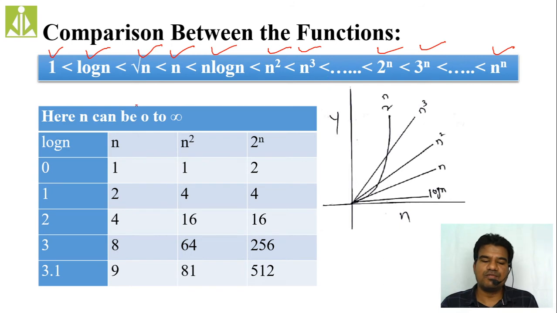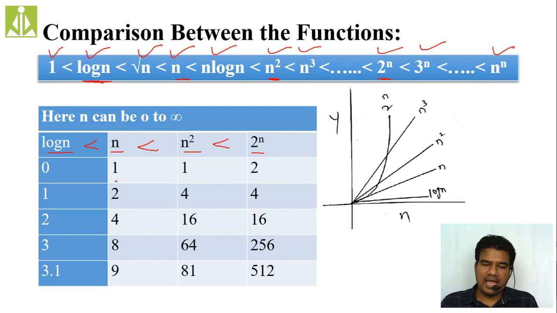To show that proof, I have taken log n, I have taken n, I have taken n square, and I have taken 2 power n. So log n is falling here and n is falling here. So ultimately log n is less than n, isn't it? So the less than symbol will come over here. And n is falling over here, n square is falling over here. So n square is greater than n, or n is less than n square. So like this. Again, n square is falling here, 2 power n is falling here. So that 2 power n I have written over here, n square I have written over here. So like this, n square is less than 2 power n.